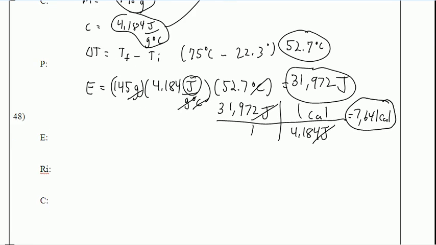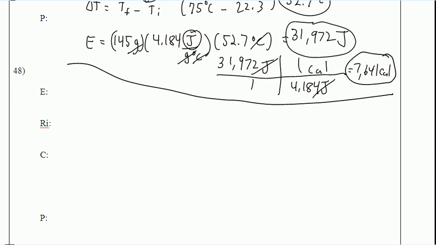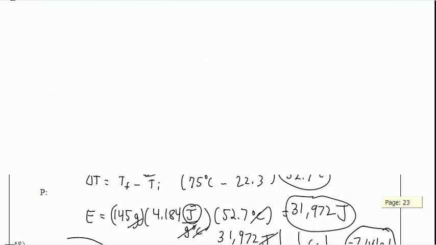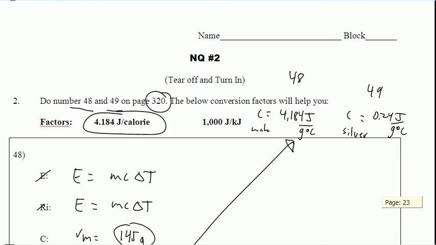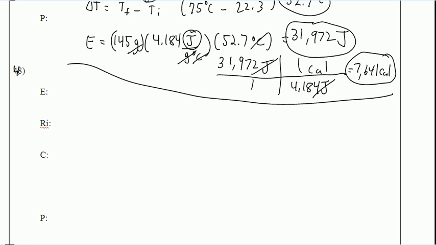Going on to problem 49. I'm going to make a line under here so it's a little easier to see. Problem 49, hold on here. What did I do? We're doing 48 and 49, and I wrote 48 and 48. Typical Mr. Musalam blunder. Problem 49 asks us, it takes 1.25 kilojoules of energy to heat a sample of pure